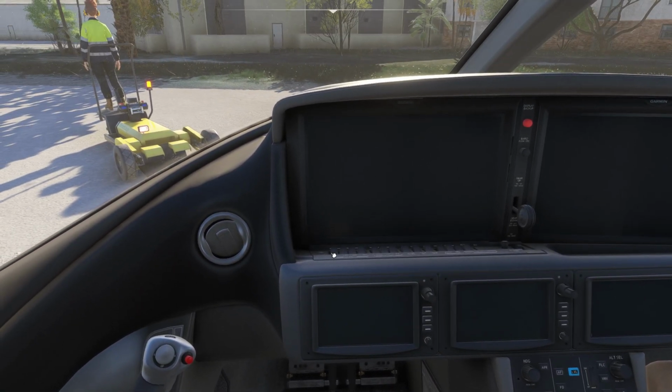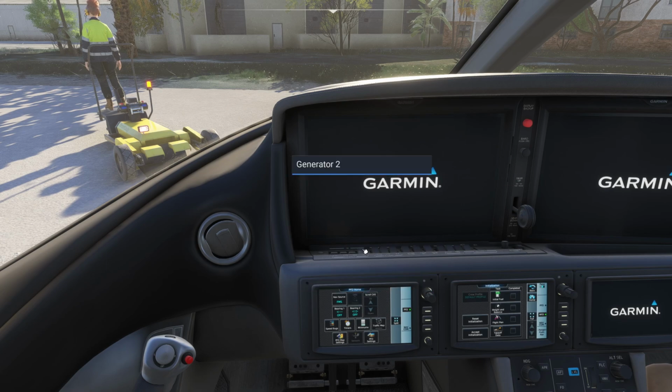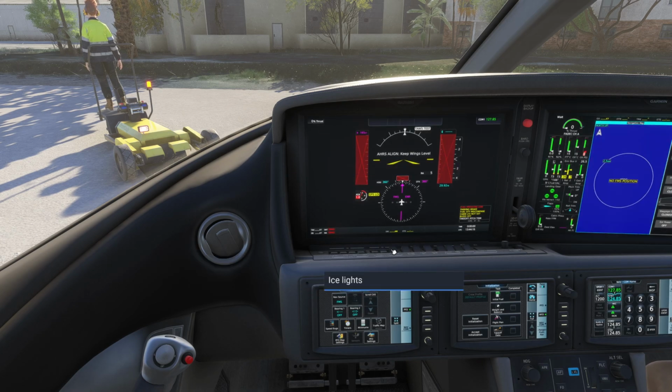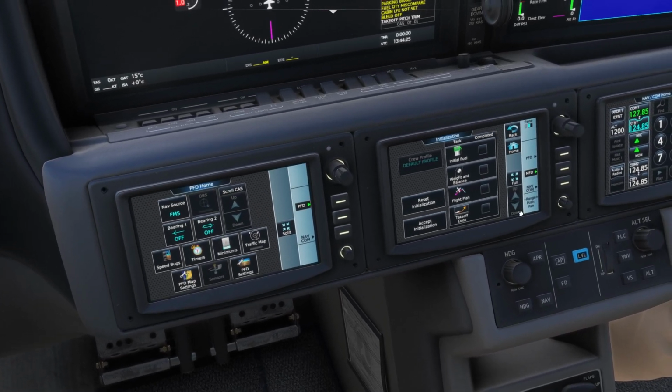First thing you want to do, battery 2 and 1 on. I'm already going to click on the generators. Strobe lights are on. Landing lights I'm already going to kick on as well. We're down in Florida. What was the location we're at? Location we are at is,